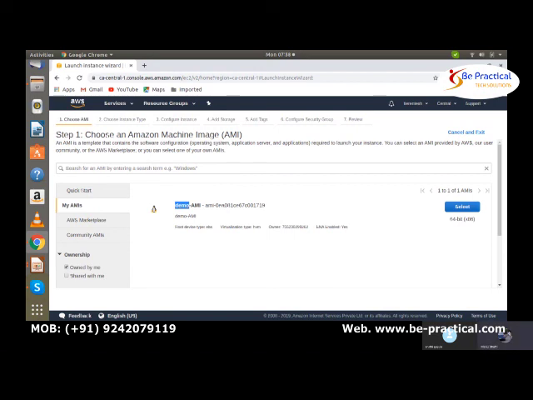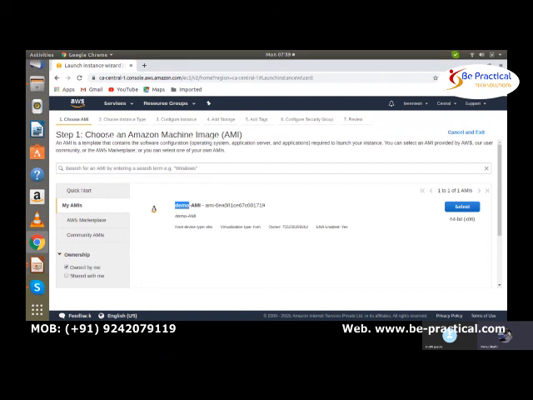If you have a requirement, like you want 100 EC2 instances all with the same kind of configuration, then you cannot just create 100 instances and log into every EC2 instance to make the changes you require. No need of doing that.